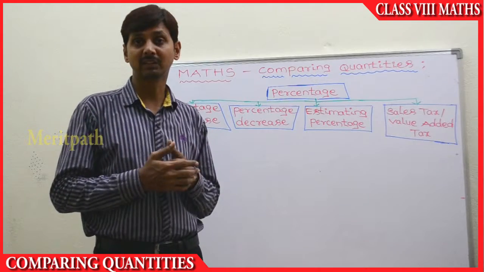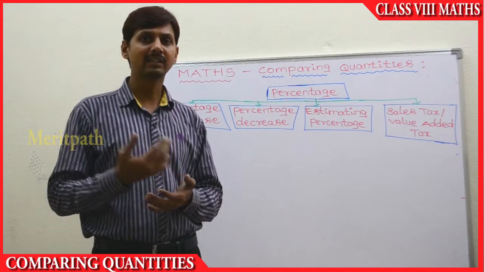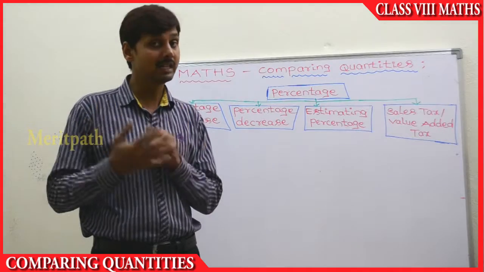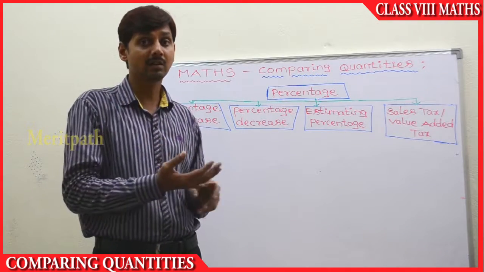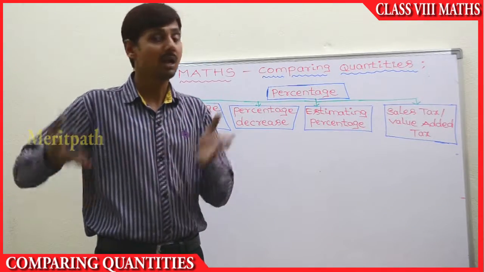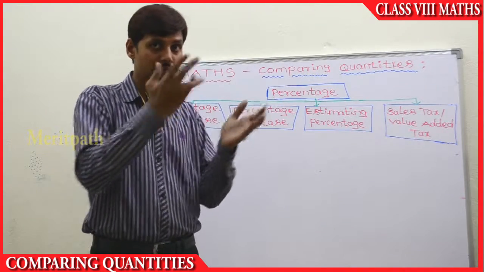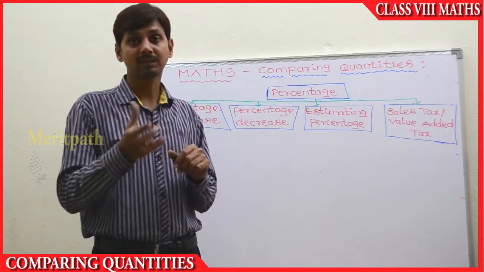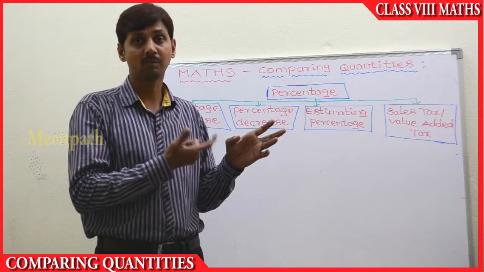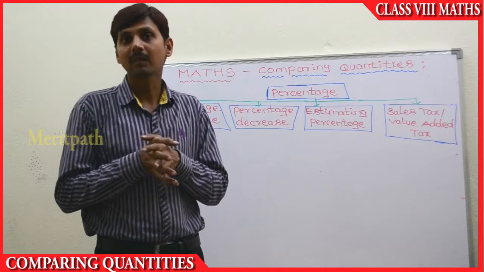So this is approximation. If any number is given like 599 rupees, or 999 rupees, we will round the number. We will round that number to 1000, and we will calculate that percentage out of 1000 as a whole number, and then we'll find out the percentage for that number, and we'll add it, or we'll decrease it by how much we need to decrease. So we'll estimate what the value will be, increased or decreased, by estimation.